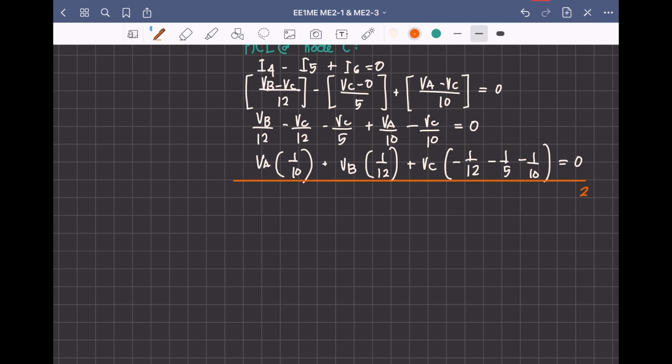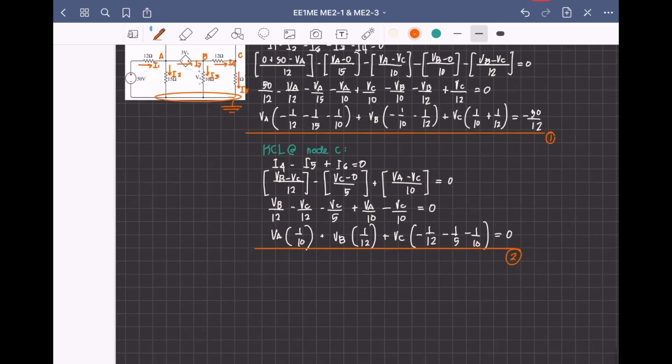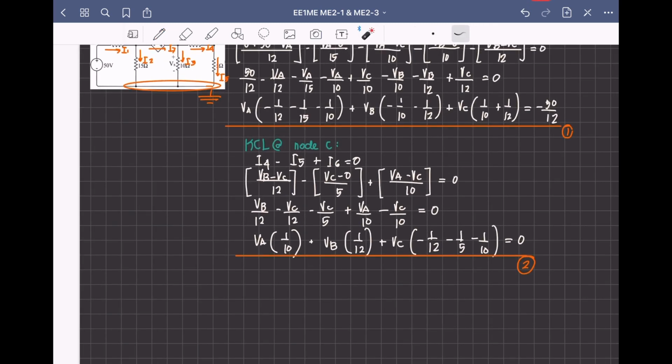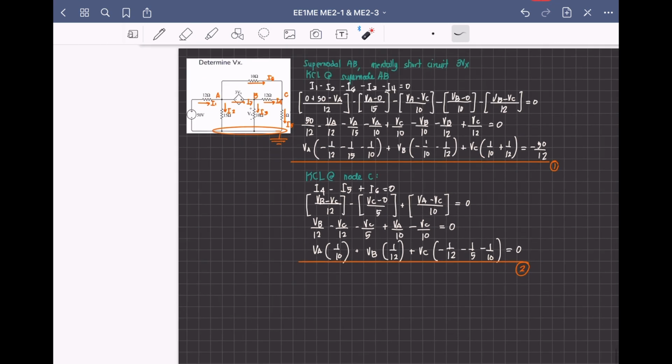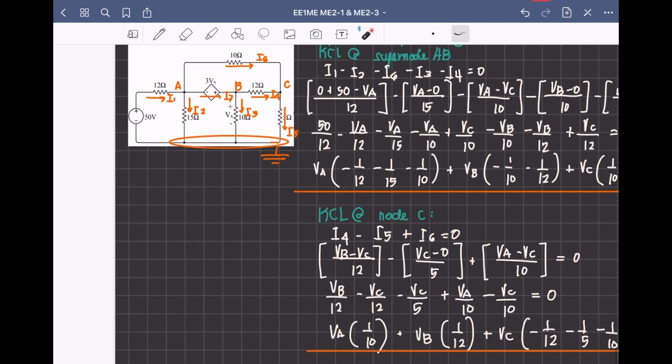Checking the equations that you now have. You have 2 equations but you have 3 variables, right? VA, VB, VC. And as I've said earlier, after you do KCL on everything and your equations are insufficient, go back to the supernode branch and do KVL there. Okay, KVL is next because we are done with KCL. So, KVL at